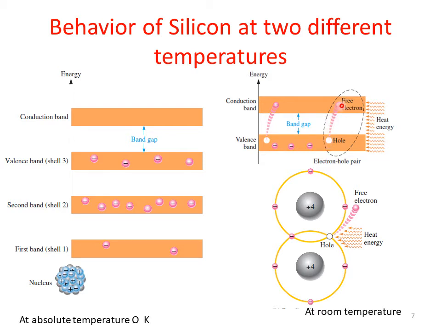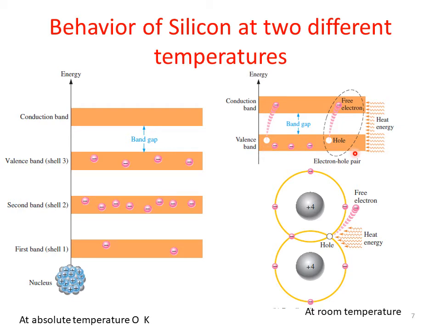When they jump to the conduction band, they leave a deficiency of an electron at the back, which is called a hole. As soon as the energy of the free electron gets reduced again, it falls back into the hole it created. This process keeps on going inside the silicon atoms, and one after the other electrons keep going to the conduction band and keep coming back to the valence band. So they are not sitting stably in the valence band.